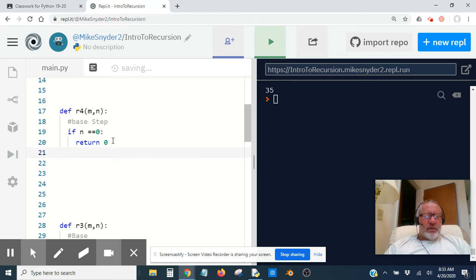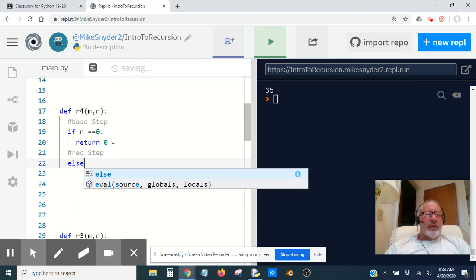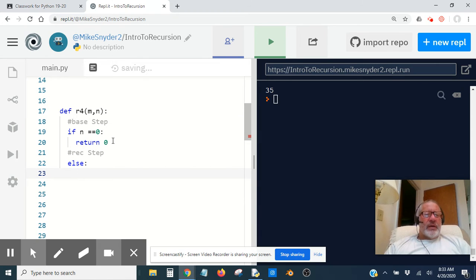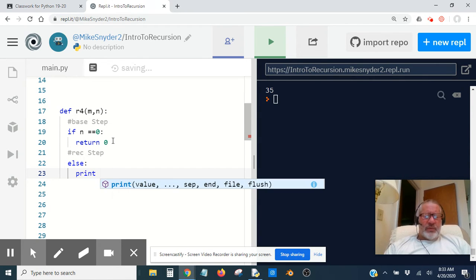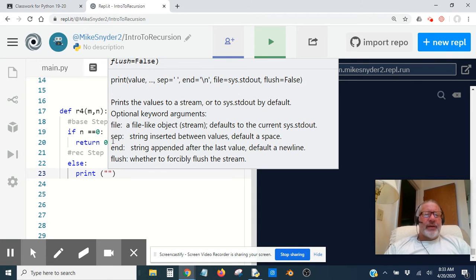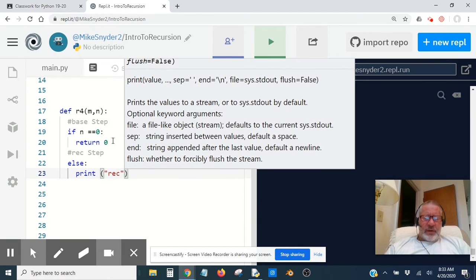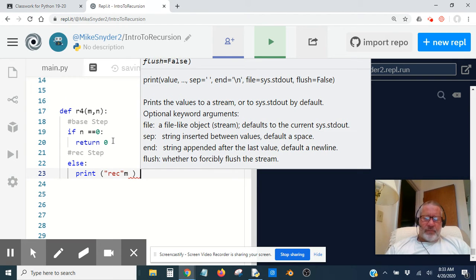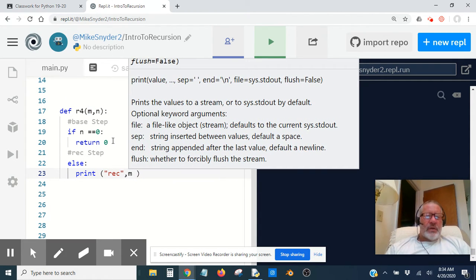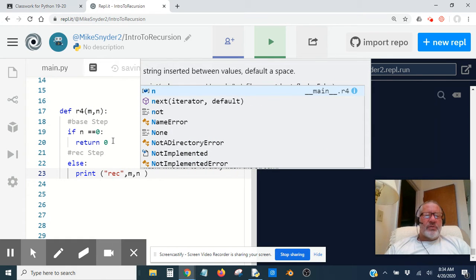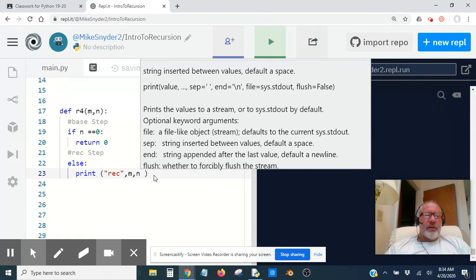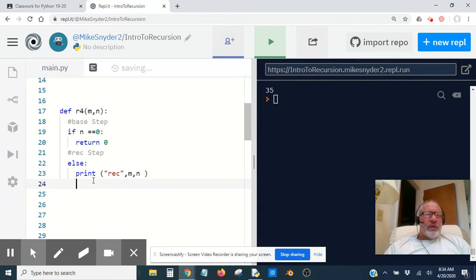And then my recursive step will look like an else statement. And I'd like to see what's going on. I'm not sure if you figured that out yet. So my recursive step, I want to bring in an m and the n just to see what's going on. I'll delete this a little bit later. So let's see if it's actually doing a countdown. And then